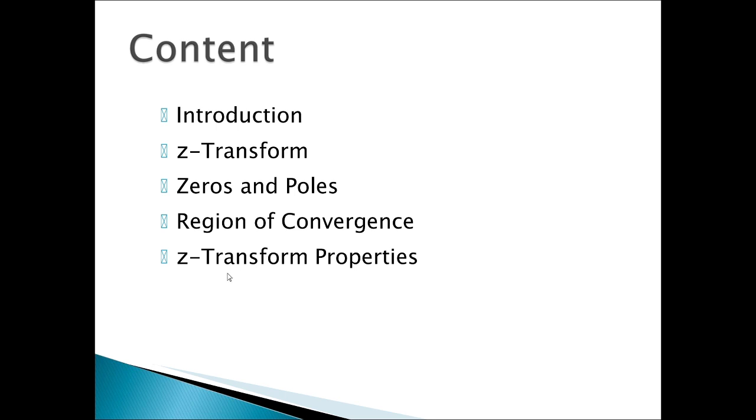After that I am going to explain some of the Z transform properties. Everybody remember that from the external examination point of view, properties of the Fourier transform, properties of the Laplace transform, properties of the Z transform are very important questions. If you are good at the properties of the Fourier transform, it is very easy to understand the remaining properties of the Laplace transform and the Z transform.